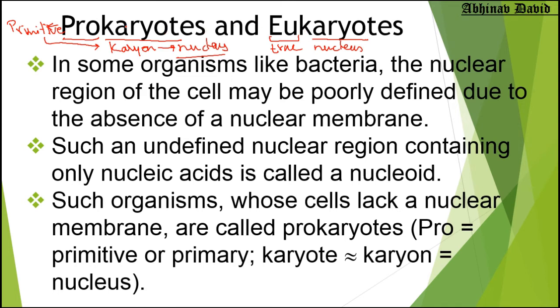So prokaryotes have a primitive nucleus and eukaryotes have a true nucleus. Now let us try to understand more. What does prokaryote mean? I already told you, these organisms do not have a nucleus. Now let us take an example. This is a cell, and this is the nucleus. And I will make another cell. This is another cell. There is a chromosome present in this also, chromosome present here also. So this is a cell and this is a nucleus.